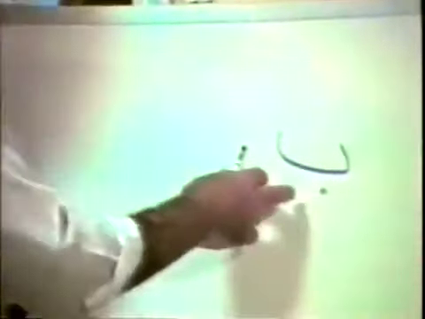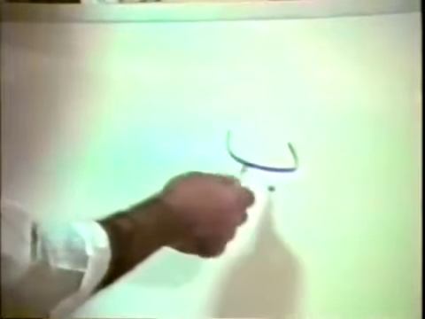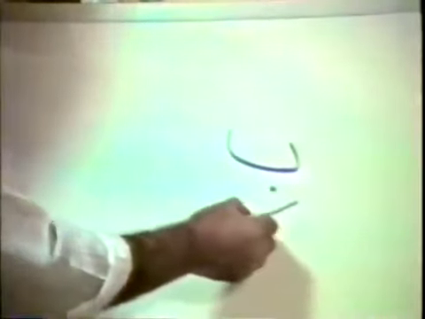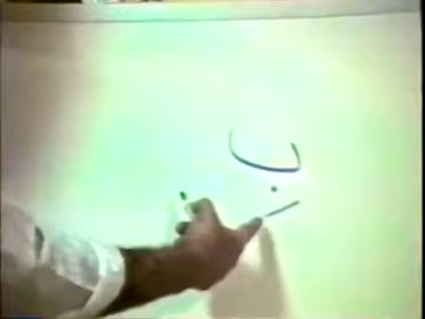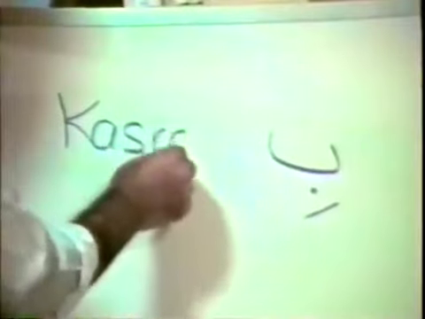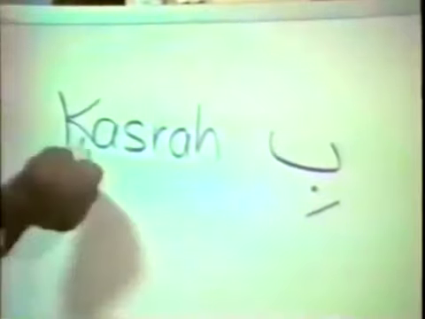This is the letter ba, and to make it sound B, you put a slanted dash under it. This vowel is called kasra. Kasra. In Arabic, you take the letter kaf